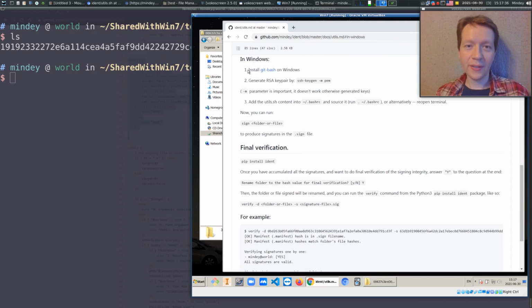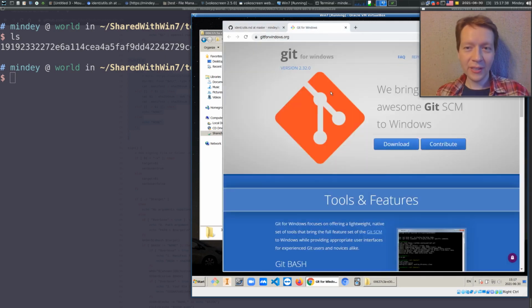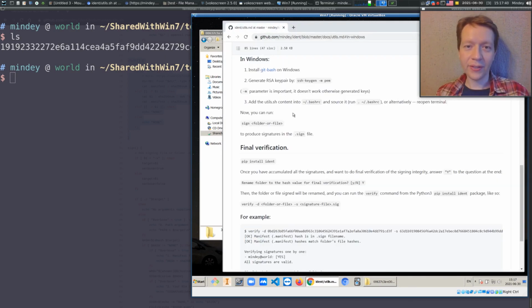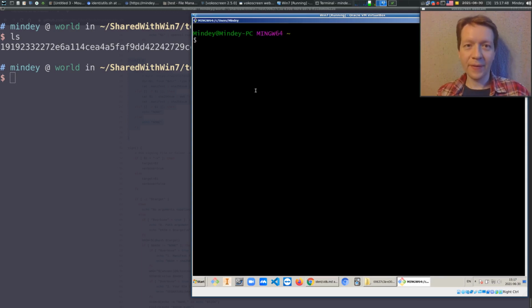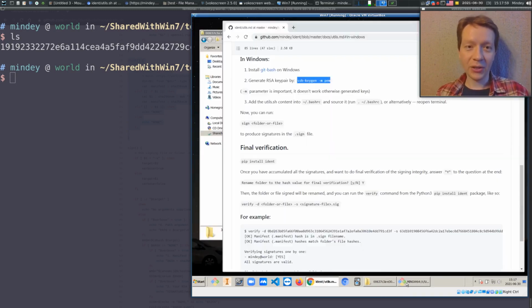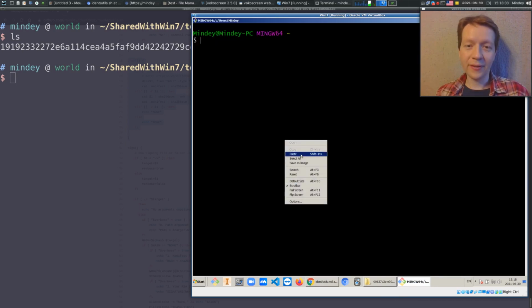So in Windows they need to install the git bash, basically download and install, and then generate the key. Let's suppose that I have no keys. So let's say I remove SSH, id_rsa and id_rsa.pub, which are the keys, and let's say this is a clean machine. So I just run this to generate the key pair,